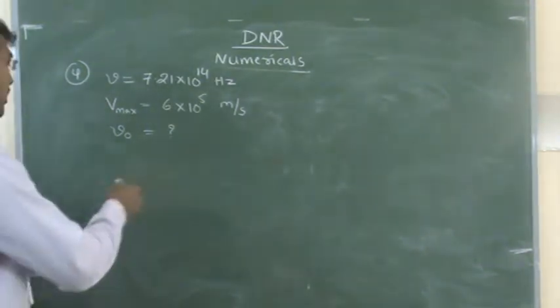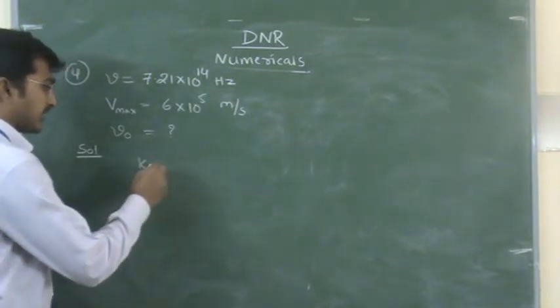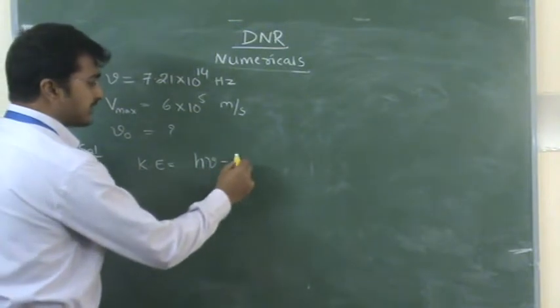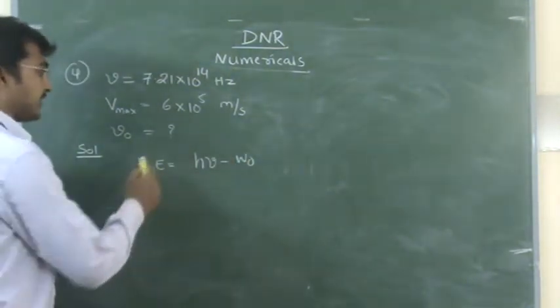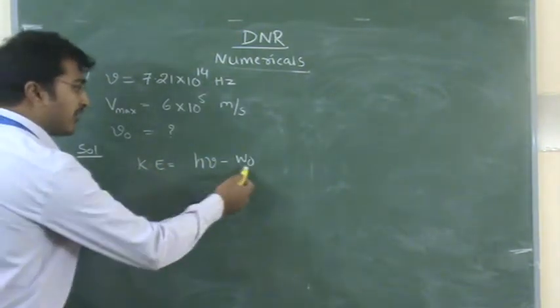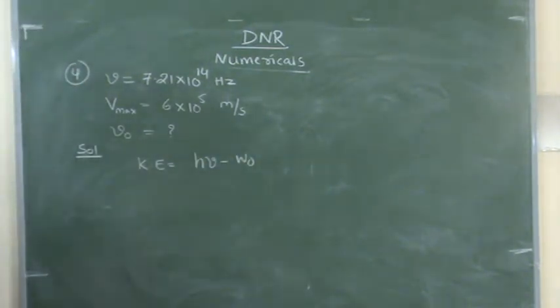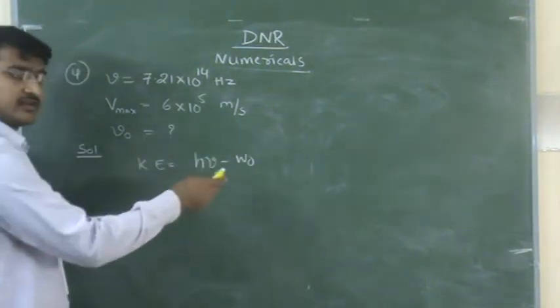Let's see. According to the solution, according to Einstein's photoelectric equation, the kinetic energy is equal to the incident energy h nu minus the work function. Here we should go through this formula. I want to find out the nu naught, so we should know the h nu. There are two methods: by substituting directly here, otherwise you can